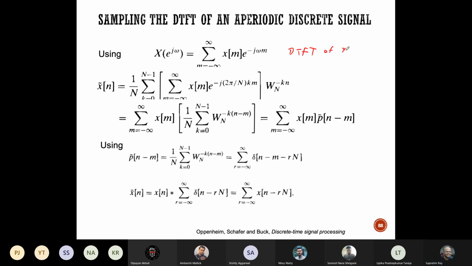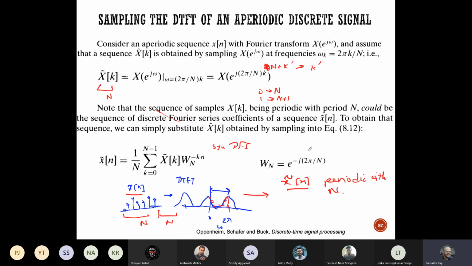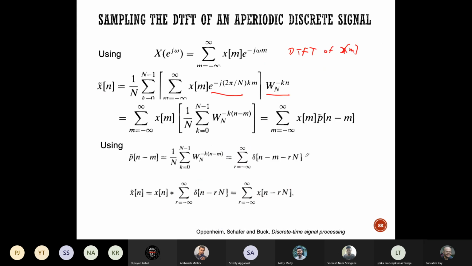of x[m], which is not periodic. This is the original finite length signal that I had. And when I put this here, I will see that there are two terms which have the same e to the power minus j type representation. Here W_N^k is just given by this. Okay, and I can take those terms out here